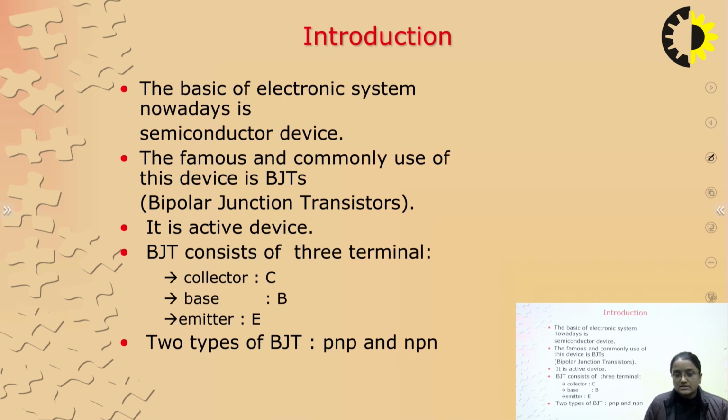So starting with this, what is BJT? BJT is a bipolar junction transistor. It is an active device. So first of all, what is an active device? An active device is basically a device which acts as a transmitter, that is, it provides energy to the particular circuit. That means it is providing energy in some way to the circuit, and so it acts as an active device. So BJT comes under the category of active devices.